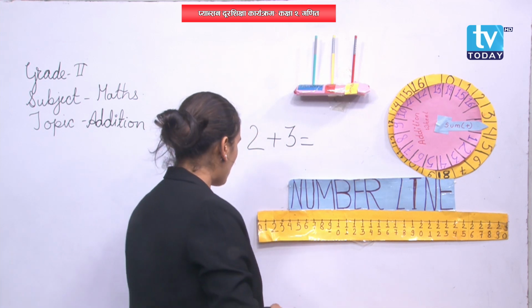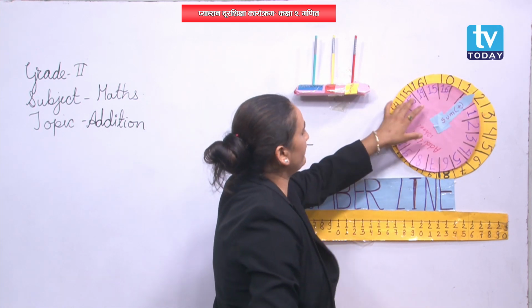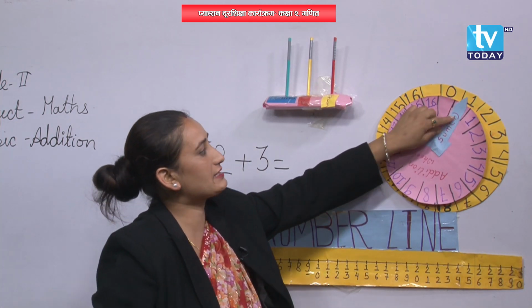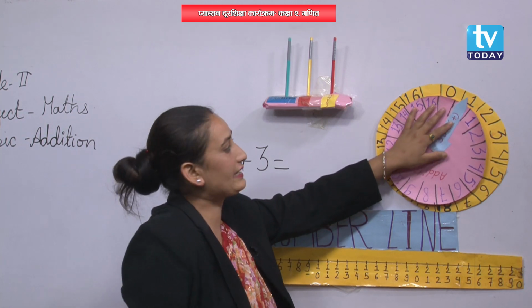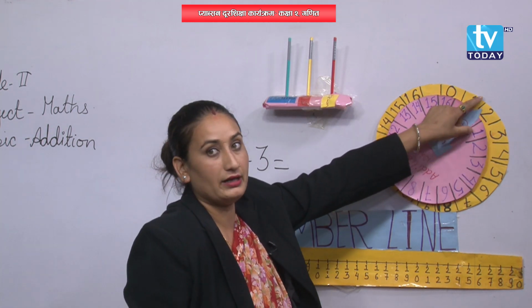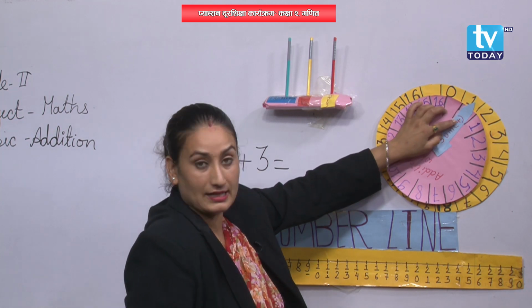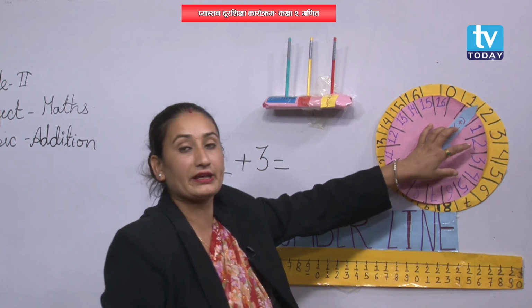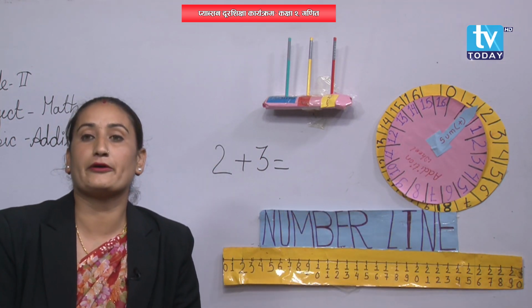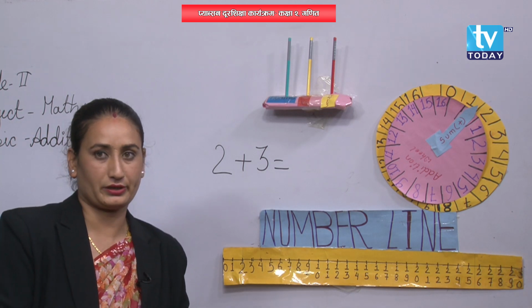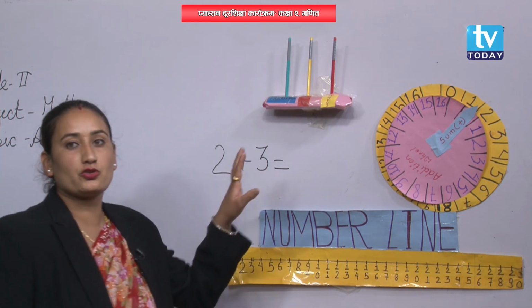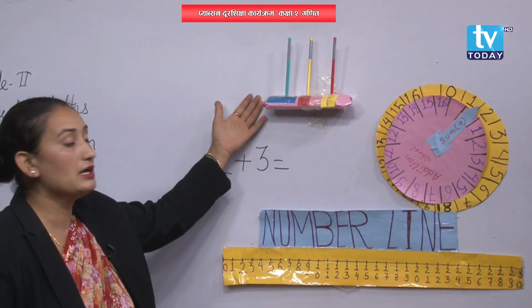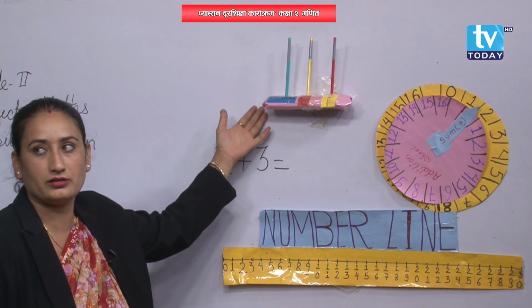Have a look. I want to show you something in the wheel. There are 2 colorful papers, right? And here one arrow. Have you noticed this arrow? This arrow will indicate the number, the upper part number, and this is the addition sign. With the help of this number and this number, we can find out the sum of the given numbers. Now I am going to show you the addition wheel method, then the number line, and then the Base-Ten block method.